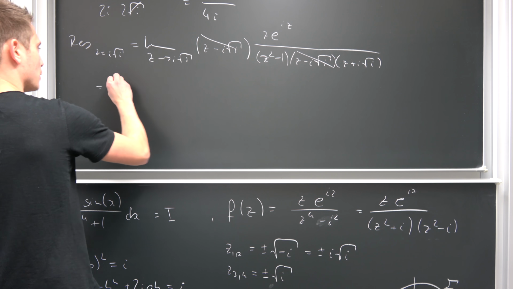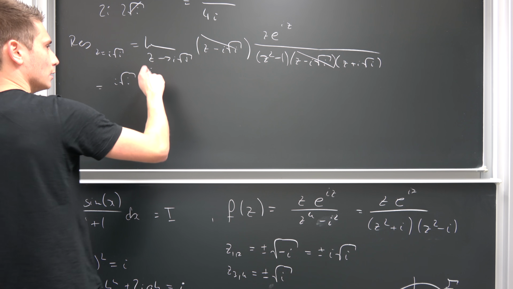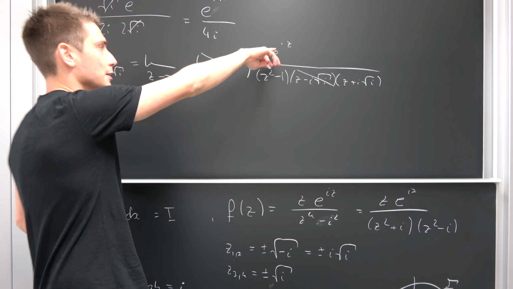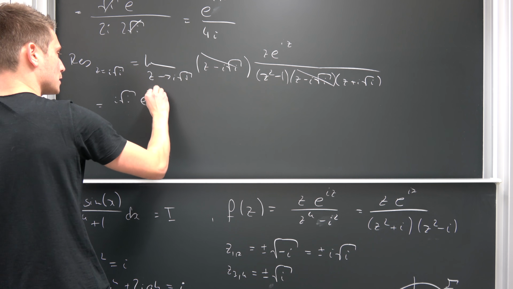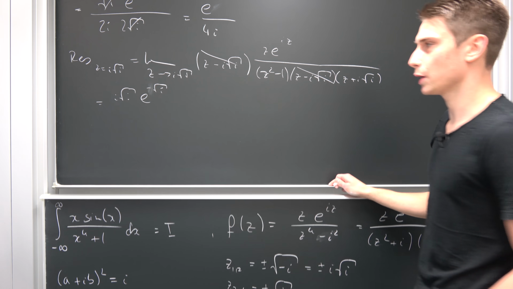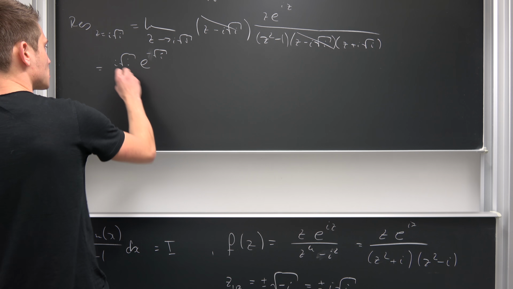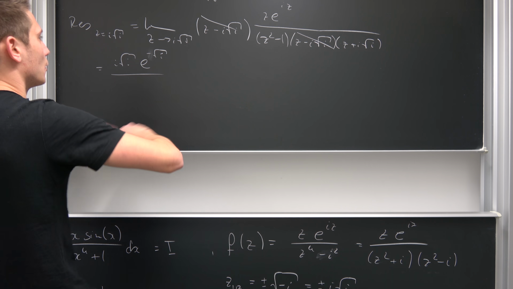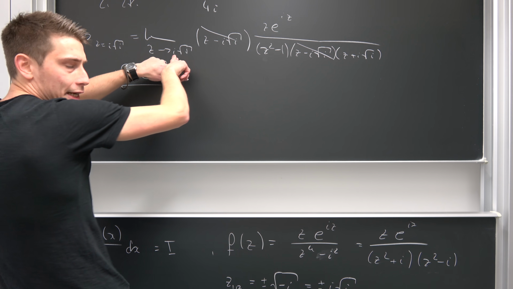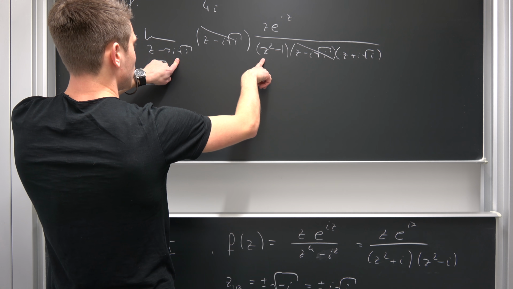That's straightforward. So we have i times square root of i, e to the i times i is negative 1, so we have negative square root of i. Oh, this is really ugly actually. This doesn't look quite good. So the residue we are going to get doesn't look too friendly. We are going to see over, okay, so this is i times square root of i. So i times i is negative 1, so we get a negative value, so negative,